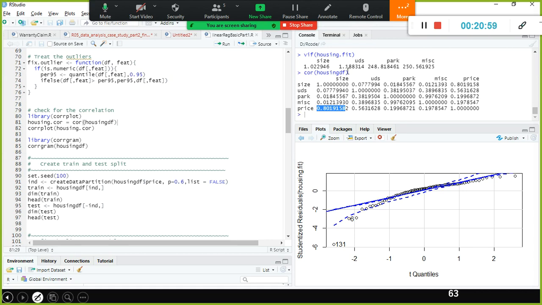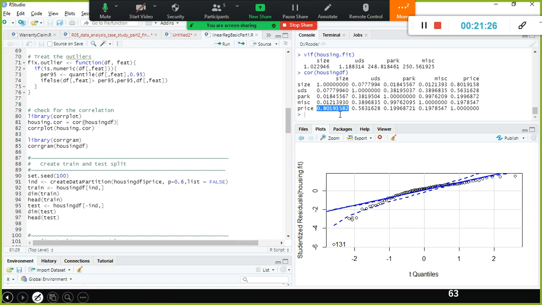For that purpose we use the cor function, correlation. Does any correlation exist between each independent variable and the dependent variable? The higher the value, the better the correlation.